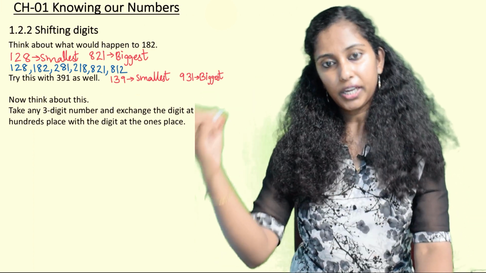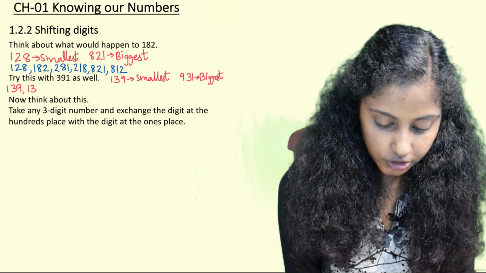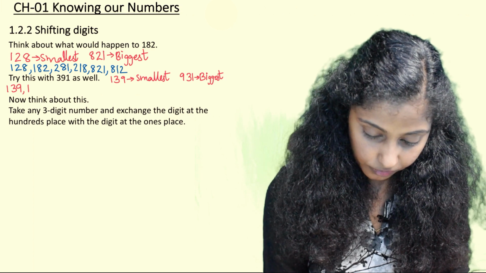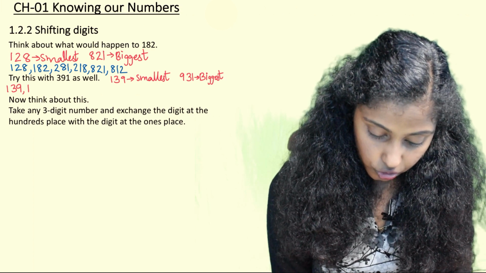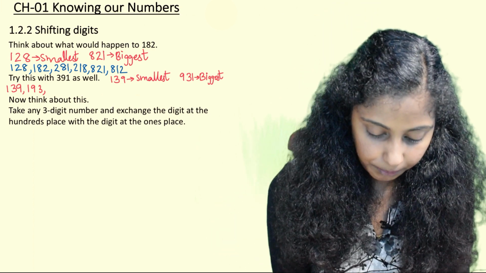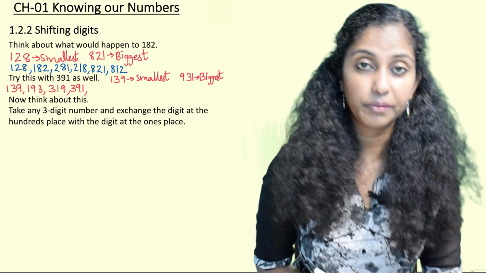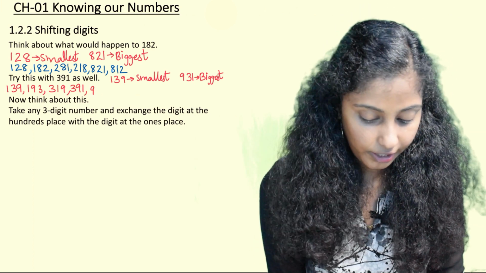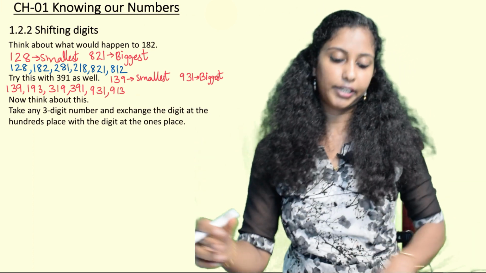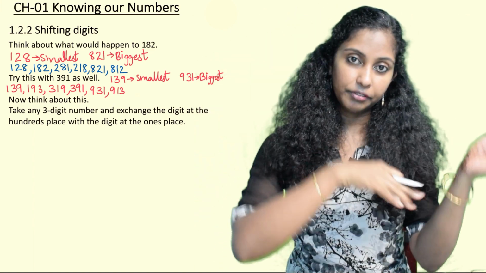And if I have to form various numbers, let us start with the smallest one, 139. Now I keep 1 as it is, and then I change it to 193. I interchange the position of 3 and 9. Then I keep in the first position 3, I write 319, or I write it as 391. Then I keep the first digit 9, and then I write 931 or 913. These are the various numbers that can be formed by using the digits 3, 9 and 1 in different positions.